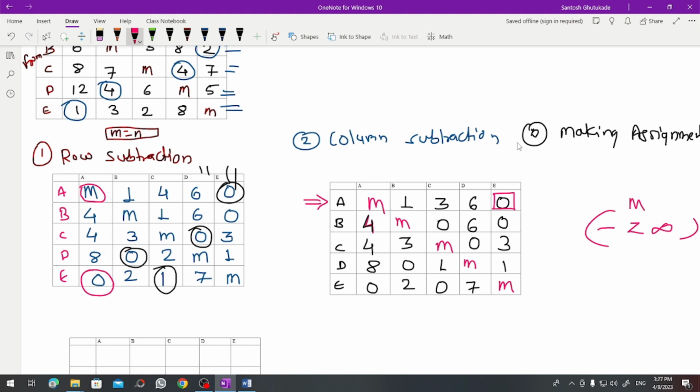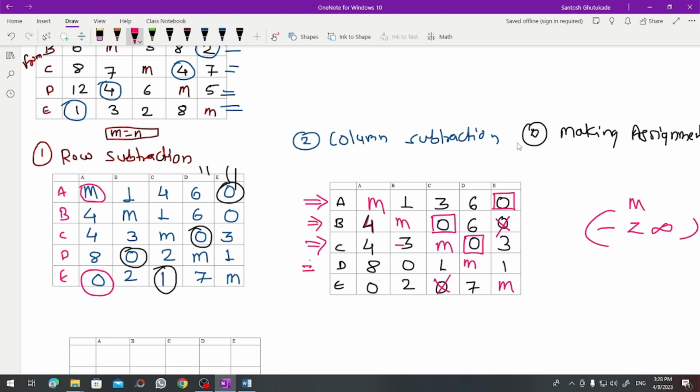Now we cross all the zeros in that row and in that column. In the row there is no other zero, and in the column there is a 0, so we cross this 0. Coming to the second row, there is one 0, so we make the assignment here and cross the zeros in that row and column. In the row the 0 is already crossed, in the column there is one 0, so we cross this 0. Then in the third row there is only one 0, so we give the assignment and cross all zeros in that row and column, but there is no 0 in the row or the column.